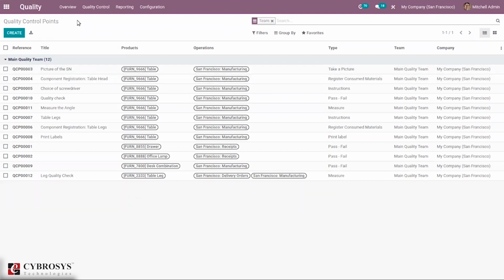So while manufacturing the product, we can perform these control points, and from the manufacturing form also we can check the quality of product.